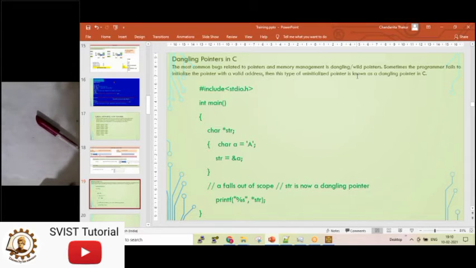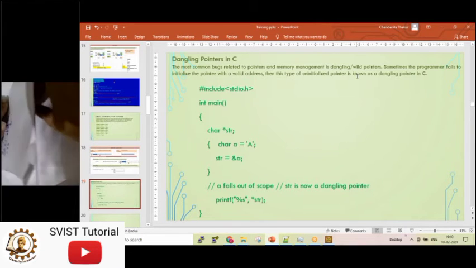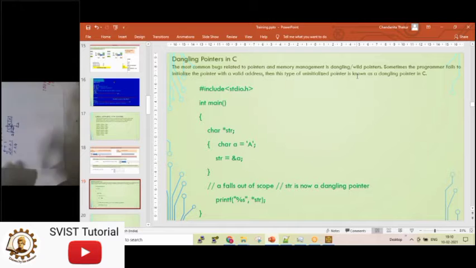Outside the bracket, I am printing star str. What will be the value of star str? If you want me to write diagrammatically, I will, so that it can be more understandable for you.